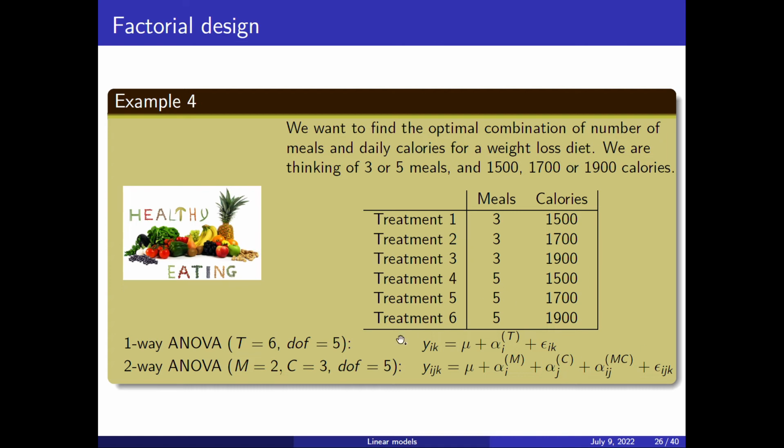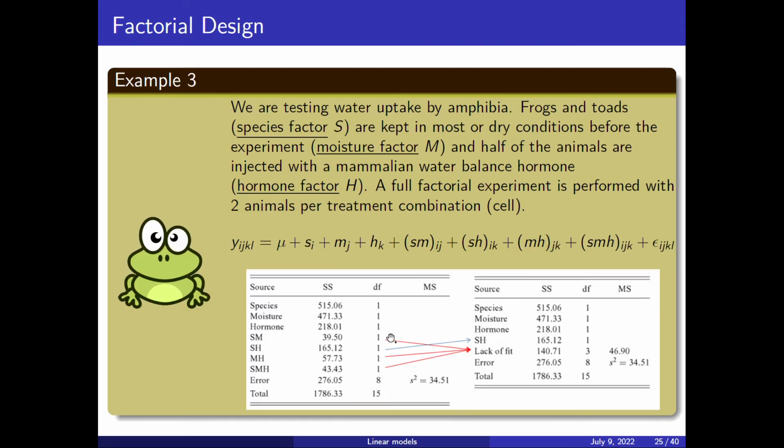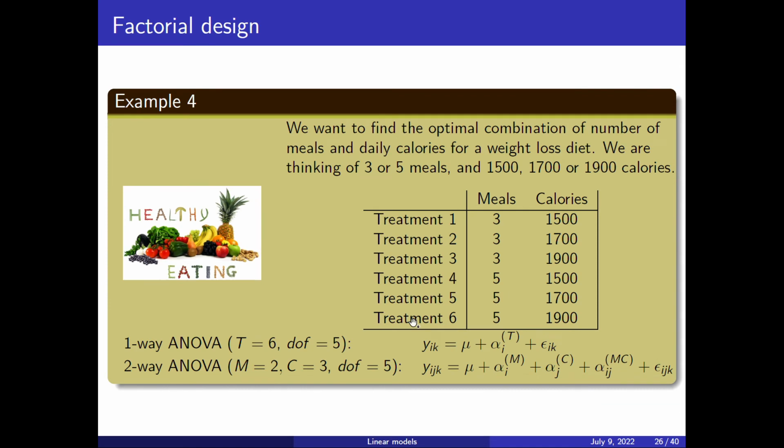With 2 levels for meals and 3 levels for calories, you also need 5 degrees of freedom. So these two models have the same number of degrees of freedom and the same cost in terms of samples,